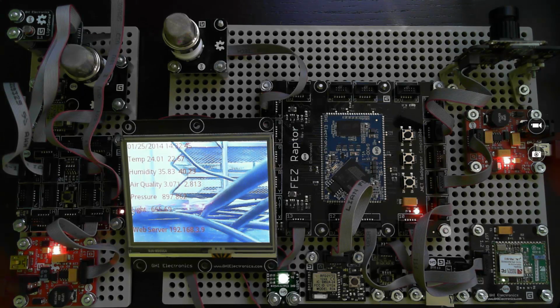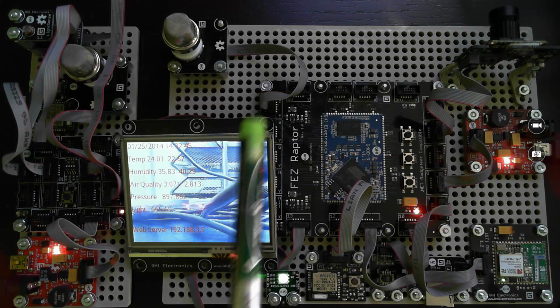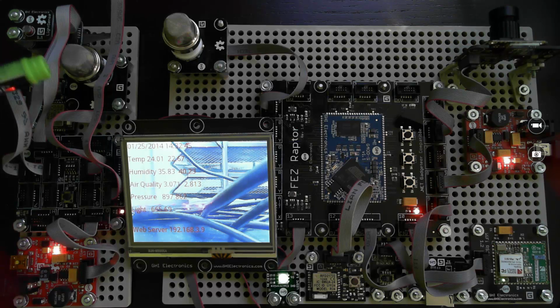Hello, recently I was asked to put together an Internet of Things type device for a demonstration for the Internet of Things Calgary Meetup Group. I was thinking what would be something that some people might be somewhat familiar with or might have in their house. I thought I would build a weather station that contained a base unit, and then a remote device that would be outside. I thought I could put this together pretty quickly, and it would allow me to highlight some of the features within Microsoft's Gadgeteer